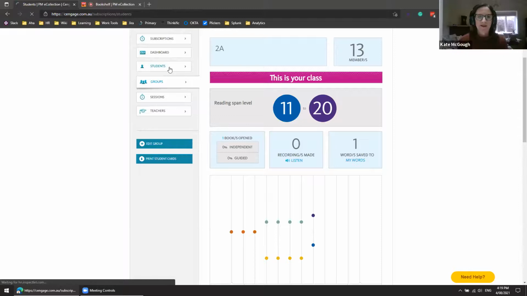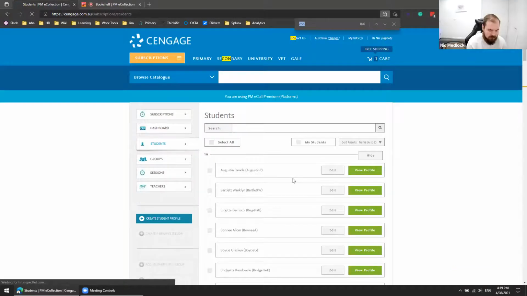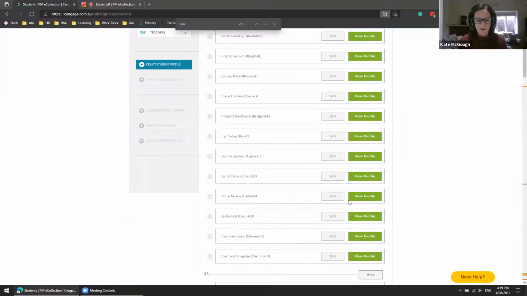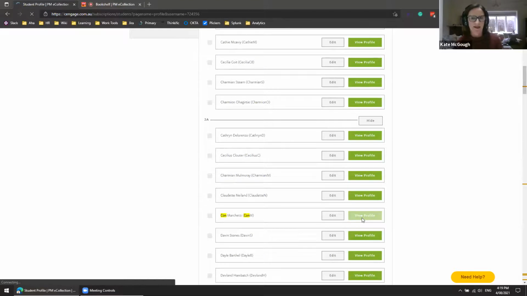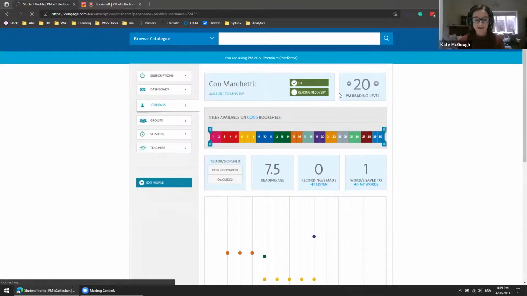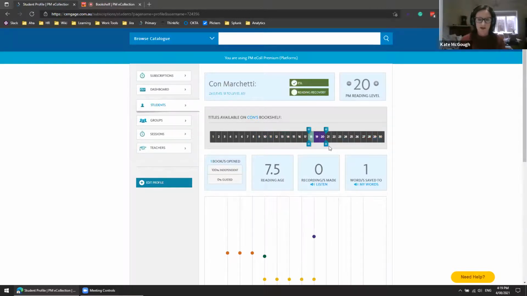If you go back, Nick, are you heading back to the student profile? Yep. Fantastic. What we can do is show you here too how to personalize the bookshelf. So we've heard from teachers that they're doing this in a few ways. Some teachers are ensuring independent reading success at home by ensuring that the books available to the students are around 1 to 2 levels lower than their guided reading level. But others are also using the bookshelf to stretch students too. So they are ensuring that there are titles available that possibly are 1 or 2 levels above their guided reading level. And we can see that Nick's just been adjusting